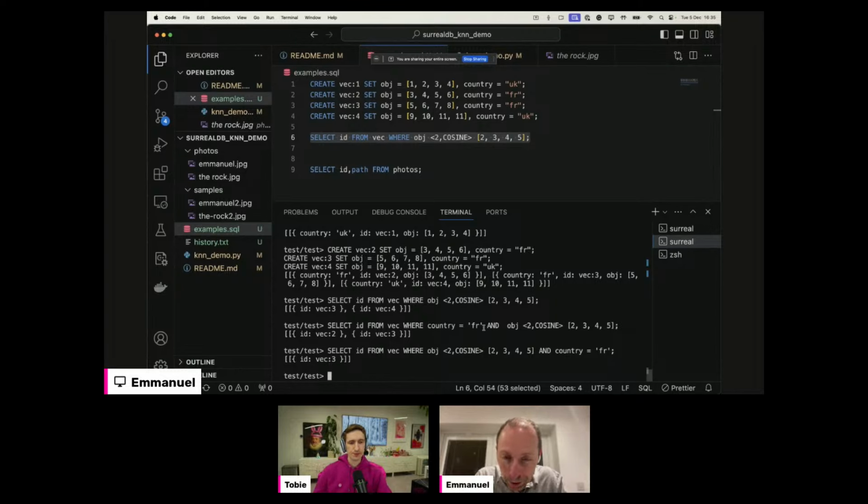So this can be useful for many reasons, but it's related to the way the brute force has been implemented. We try to make it as efficient as possible. So when you filter, we really filter. We try to build the brute force on everything that has been filtered, right?